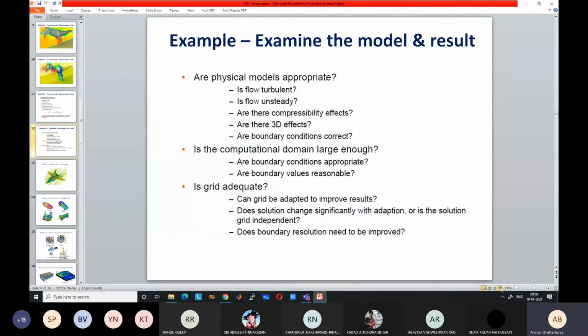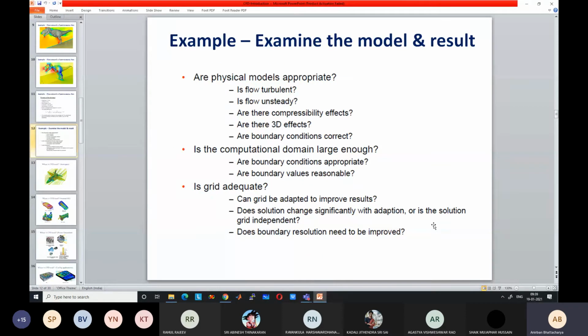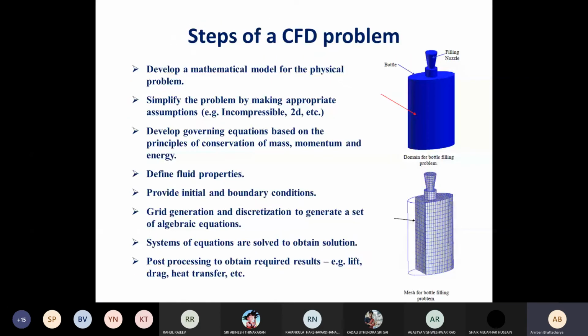We also have to consider whether the solution is changing by changing the grid or not. Okay. So this is known as grid independent study. So say you have a certain grid for a simple problem, I will again go back to this problem. Bottle filling. So you may ask me, sir, this looks like the grid size is quite large. Can we take even smaller volumes? So then we can take smaller volumes.